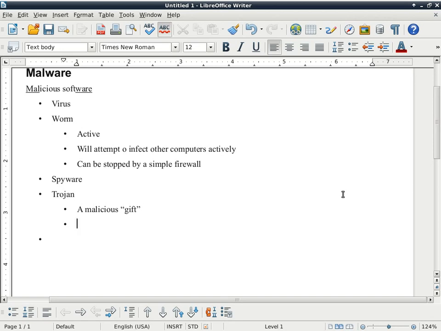And that's basically how Trojans work in the software sense too. So what kind of gift do you think these will be? Well, this can be a presentation file, which is a PPT or PPT